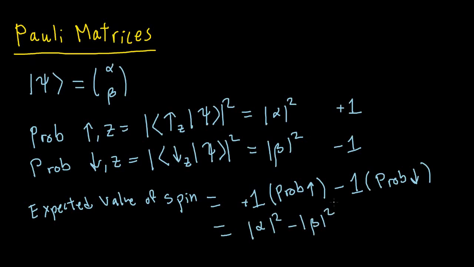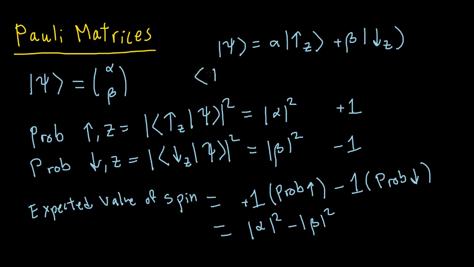And we can see that it was pretty easy to figure out the expected value of spin for a measurement along the z-axis. And the reason for that is basically because we've written the state in such a way that we can immediately see what its components are in the basis of spin up states and spin down states along the z-axis, right? We know we can write psi as follows. And this means that if we were to take, for example, the inner product of psi with the spin up state, this would just be equal to